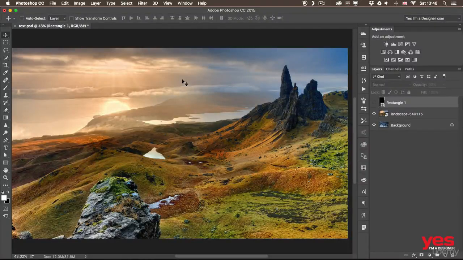In this video, I'm going to talk about working with text in Photoshop. Although Photoshop is not the best tool to work with typography, it still offers quite a lot of options. You can work with styles as well, similarly to InDesign. But of course, in the Creative Cloud, InDesign is the best tool whenever you have to work with a lot